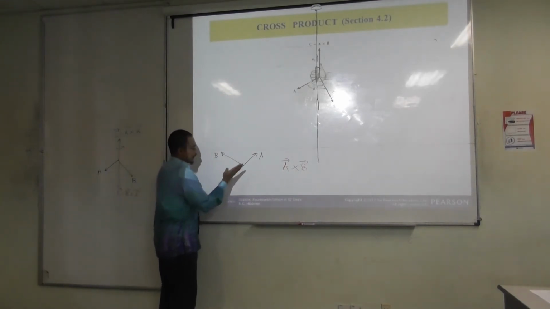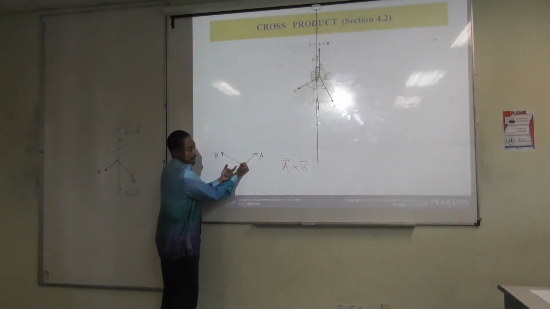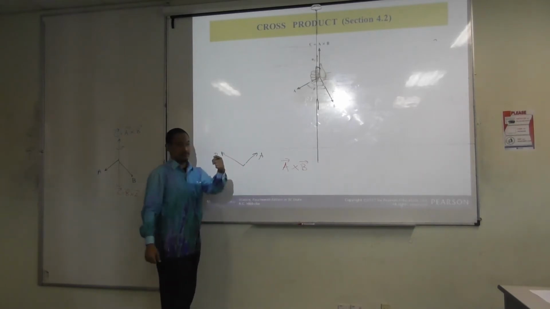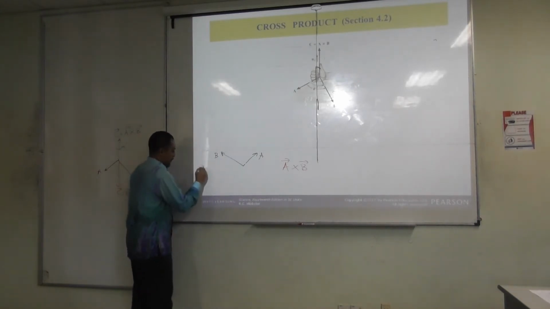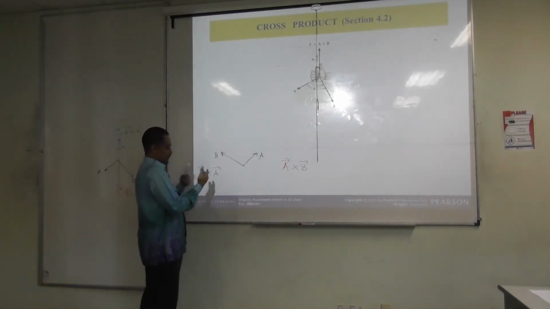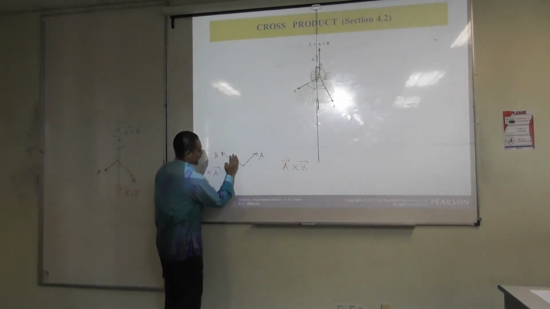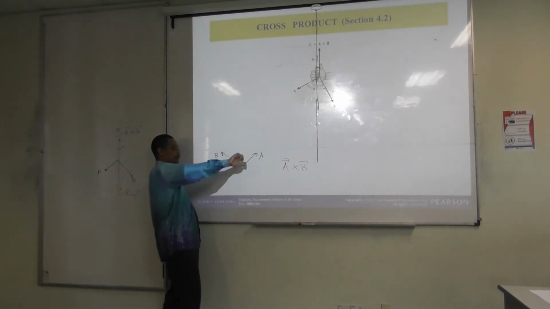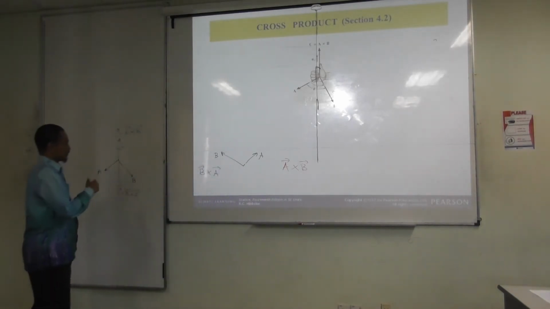So you point at A, the first vector, and then you bring it to the direction of the second vector. Then you bring it here, naturally you get to this direction, and the cross product is your thumb, meaning it will go out from the whiteboard. If what you want is B cross A, you point at B, but to get to A, of course you cannot bend it like this. So for B cross A, your thumb is actually going into the whiteboard, right? So that's the meaning of the